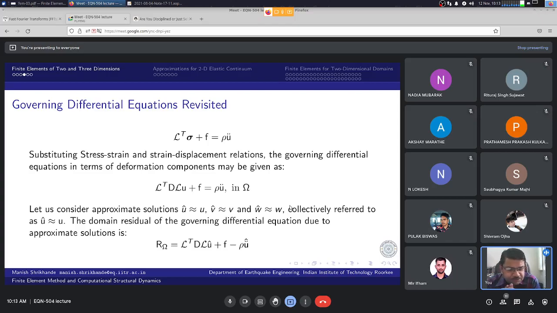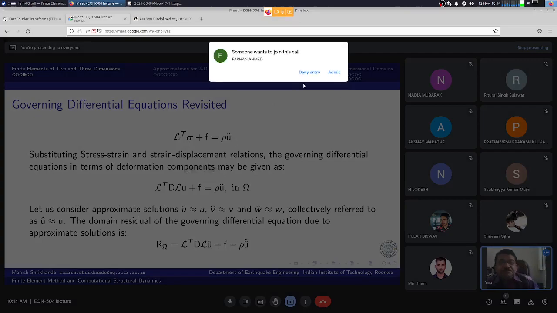So we go back to our initial discussion on formulation of finite element method working from governing differential equation, and these are the equations of motion or equilibrium equation as we call them. And a direct fallout of Newton's second law of motion, law of momentum. So all forces acting on the body have to be equal to rate of change of momentum, and this is the rate of change of momentum per unit volume.